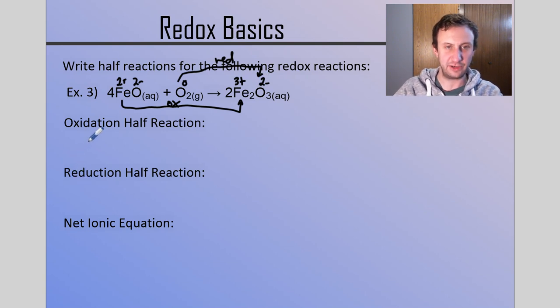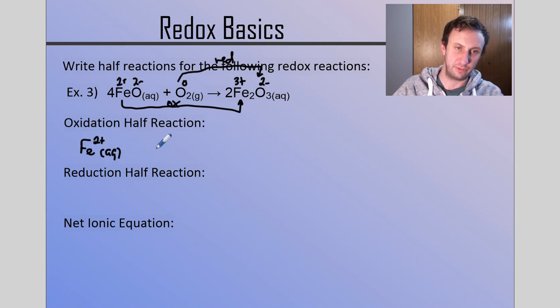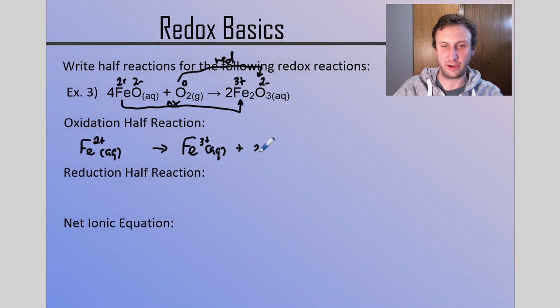So my oxidation half reaction then is I have Fe2 positive aqueous turns into Fe3 positive aqueous. And I have an electron on the right-hand side so that I match up the 2 positive on the left with 2 positive on the right. So again, I add electrons to the more positive side. It's losing the electron. For the reduction half reaction, I have O2 gas because that is what is actually getting reduced. And that is becoming